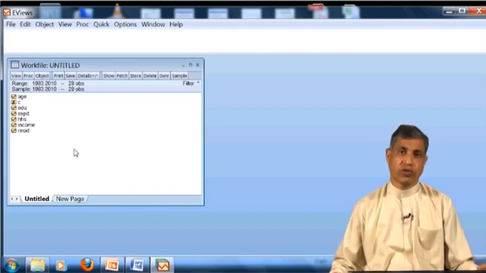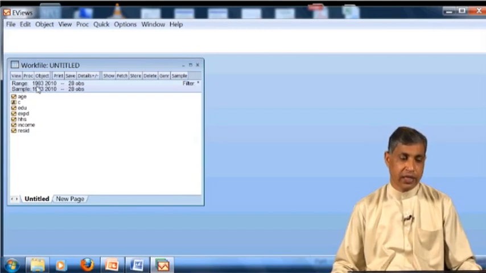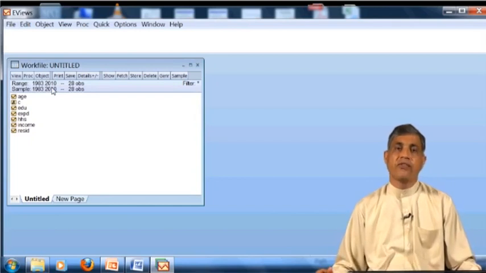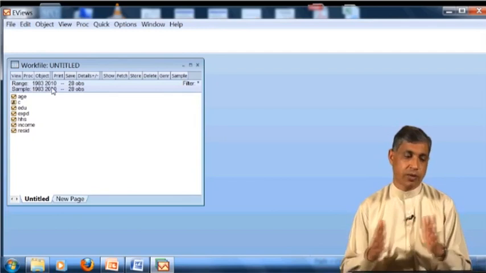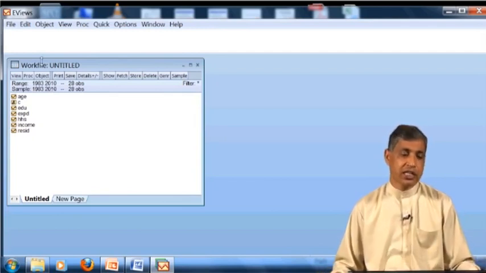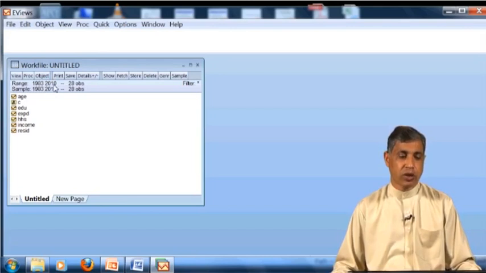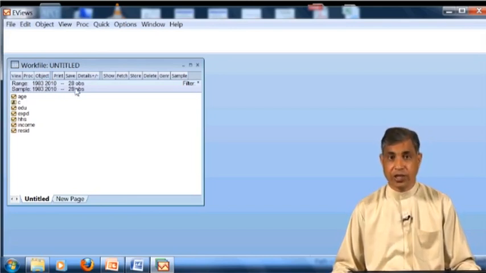For your remembrance, I have just changed some of the observations because EViews was taking the missing values as minus values, so there was a disturbance. The data file now comprises 1983 to 2010, and there are 28 observations.